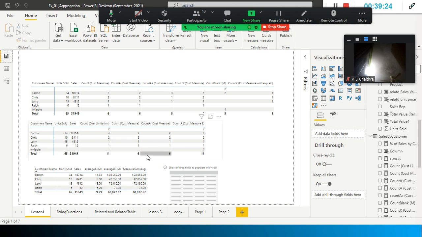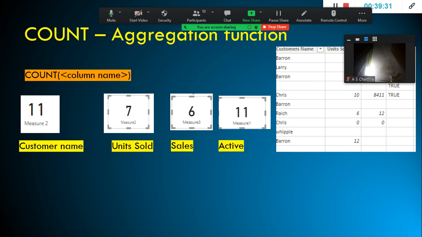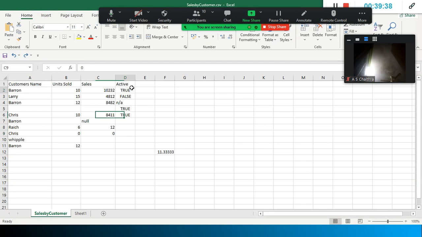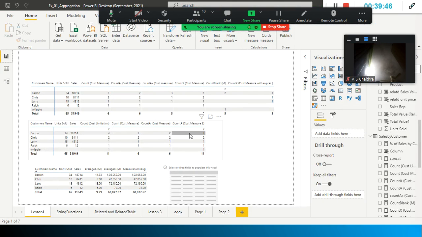Units sold, okay, here I just modified the data and loaded it. It is showing correctly, and earlier it was 7. Okay, so this is correct. This is 6 and this is 6. And we have a column called active. So this is a Boolean value. In the case of Boolean values, true, false, it is also not working.